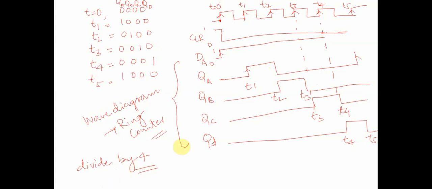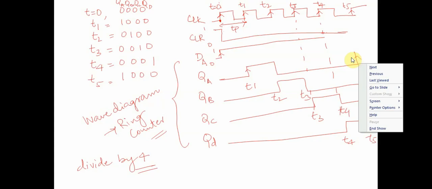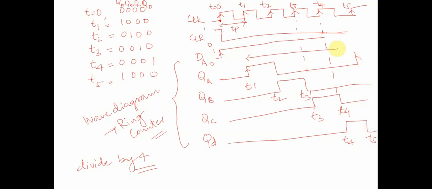If you look at it closely, what is happening in this particular case is, let's assume this was our initial clock frequency, and this was the clock period. Now our clock period has reduced by a factor of 4. T1 will go high over here, so basically this is 4 TP. So this particular circuit is known as a divide by 4 circuit, or this is also called a modulo N circuit,